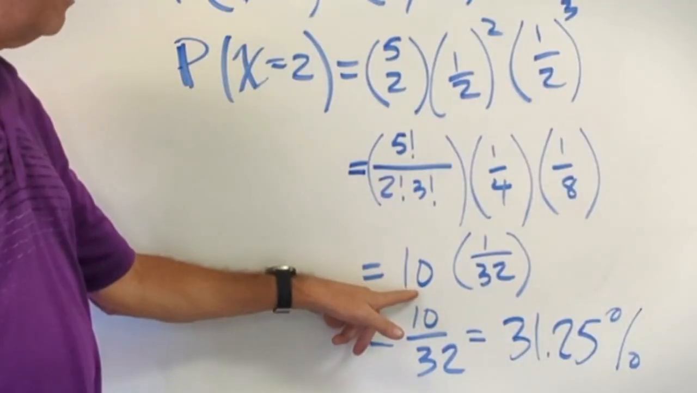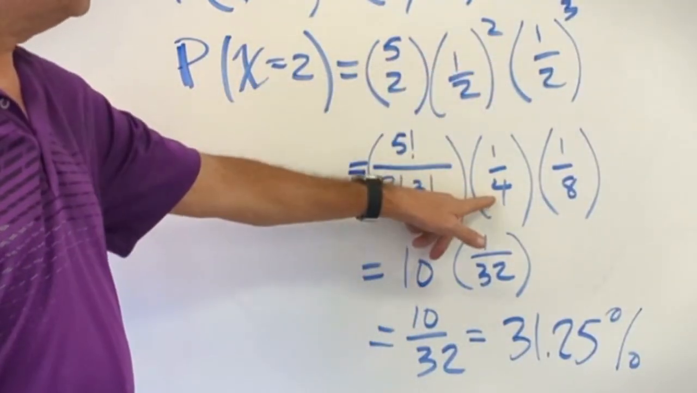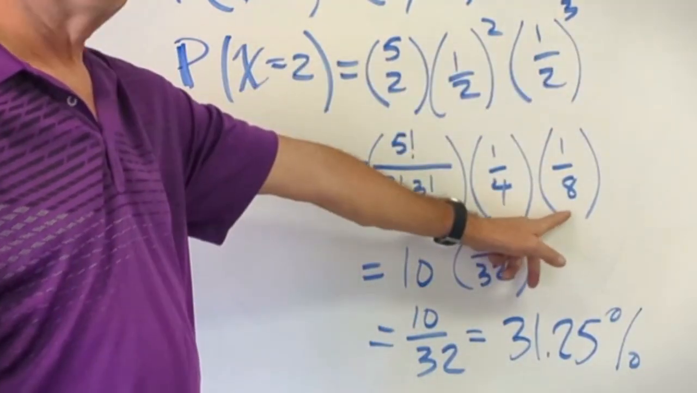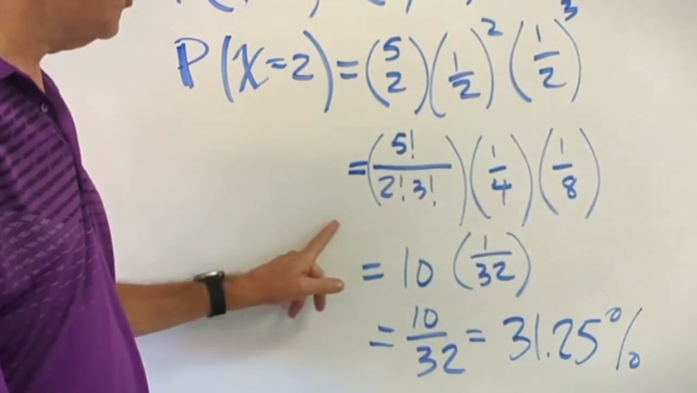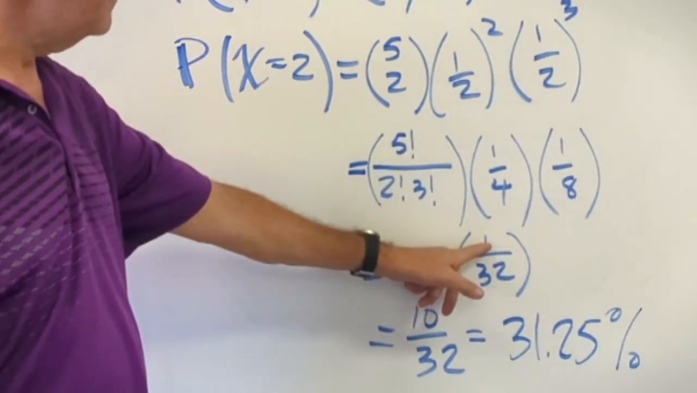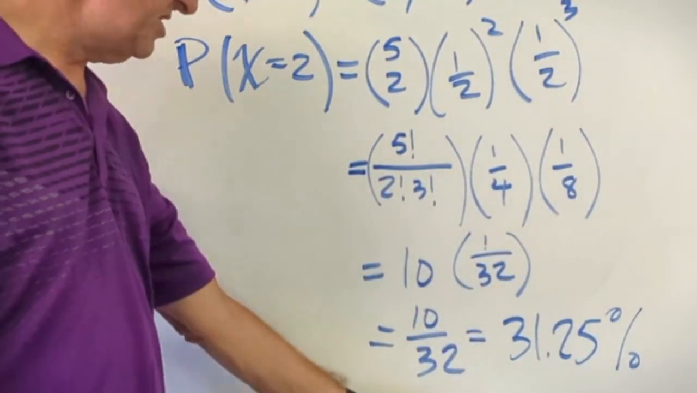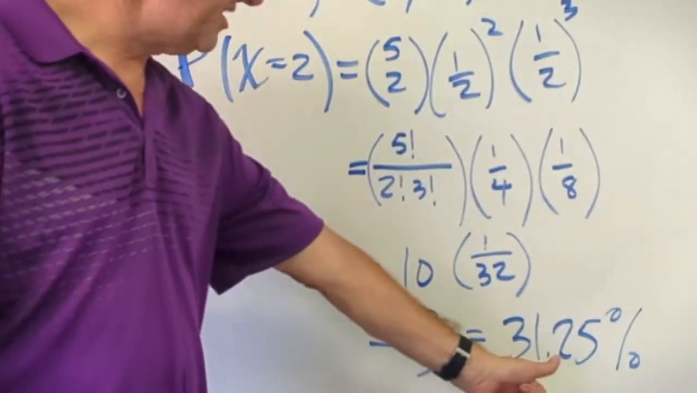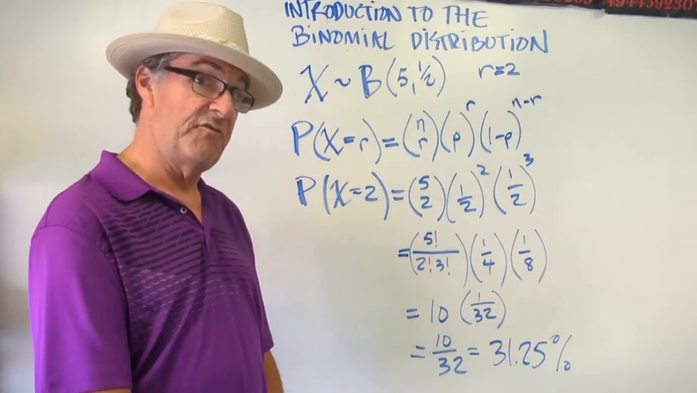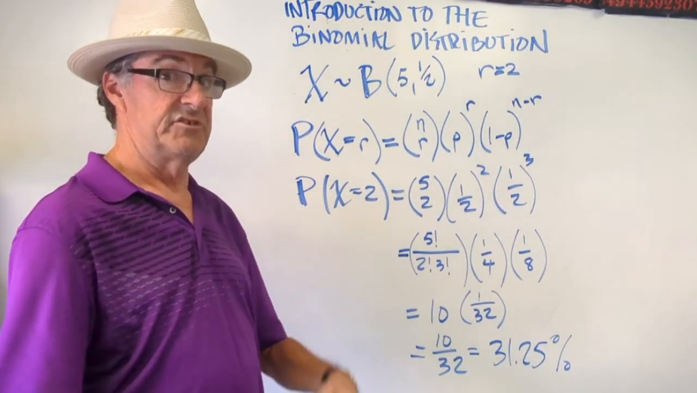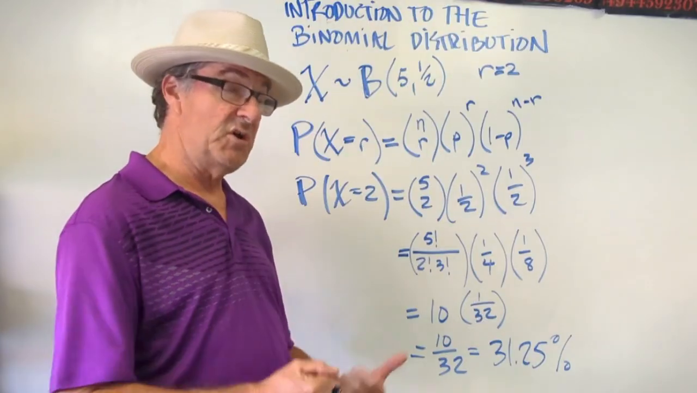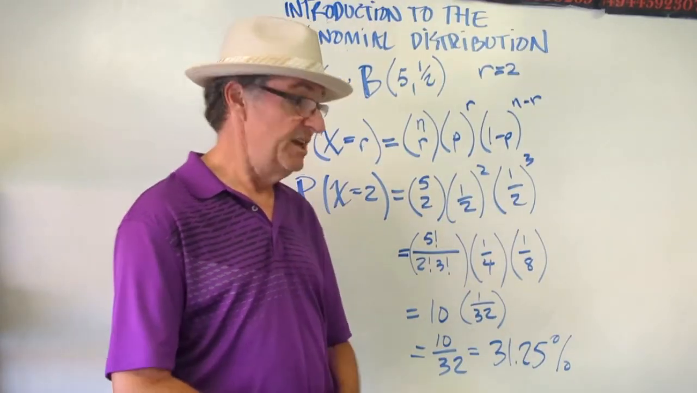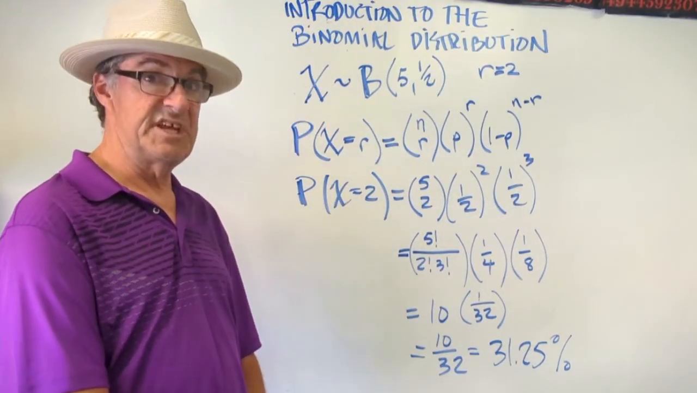So I brought my 10 down. And then 1/2 squared is 1/4. 1/2 to the 3rd power is 1/8. So multiplying straight through, we have 10 times 1 over 32, which is 10 32nds, which works out to be 31.25%. So what that means is if you flip a coin 5 times, it's a 31.25% chance that you're going to